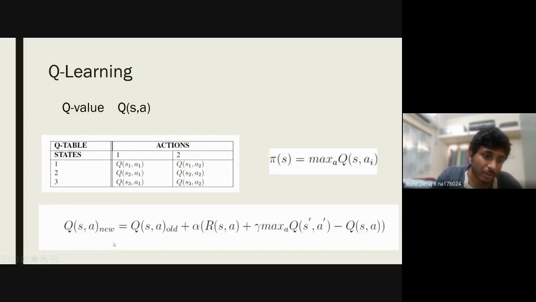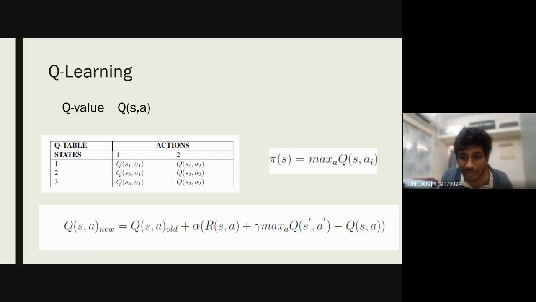So here this will be the new updated Q value on the left hand side, and this is the old Q value that you had before reaching that particular state. And this was the reward that you obtained when you went from the state S to the next state S prime. And gamma here is the same discount factor that we saw earlier in the definition of the return. And yes, that's it. So basically, this equation may look complex, but this is just a weighted average of the old Q value and the new expected Q value.